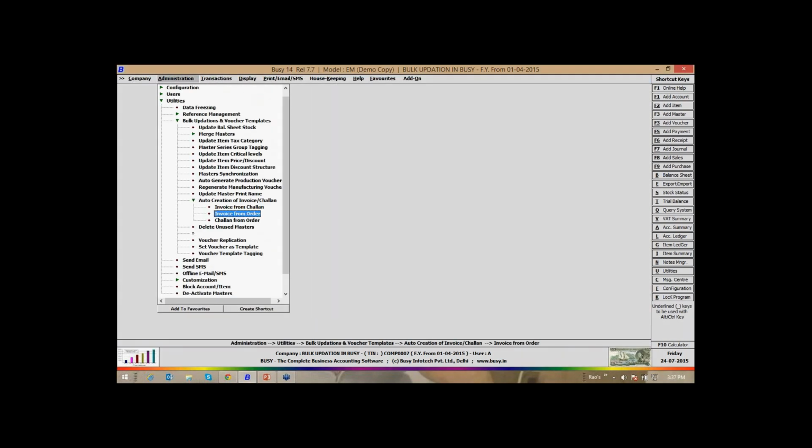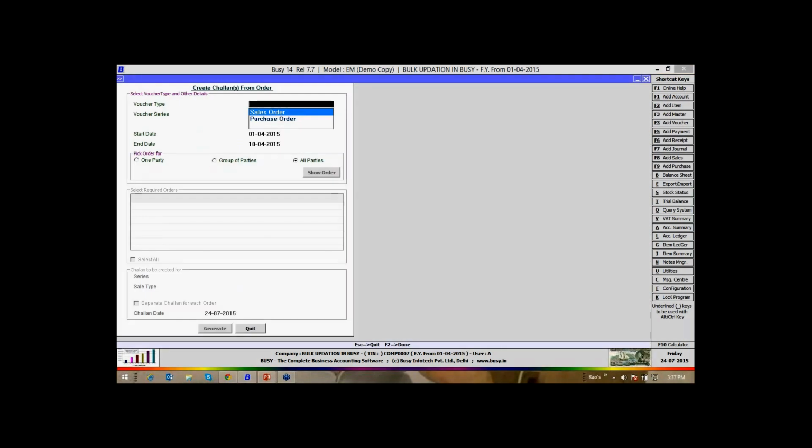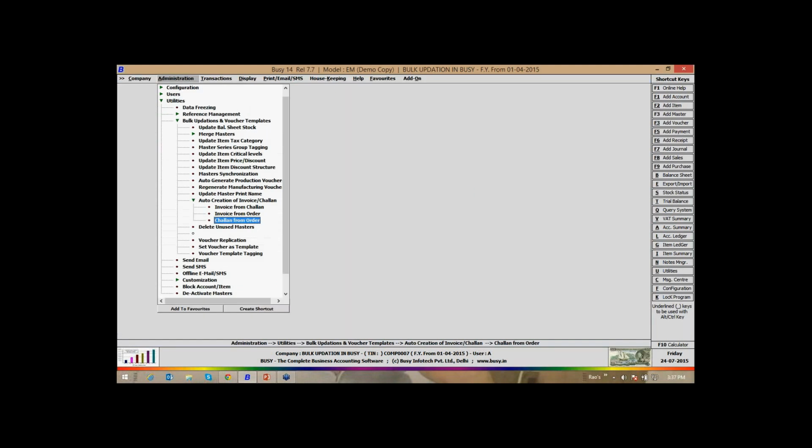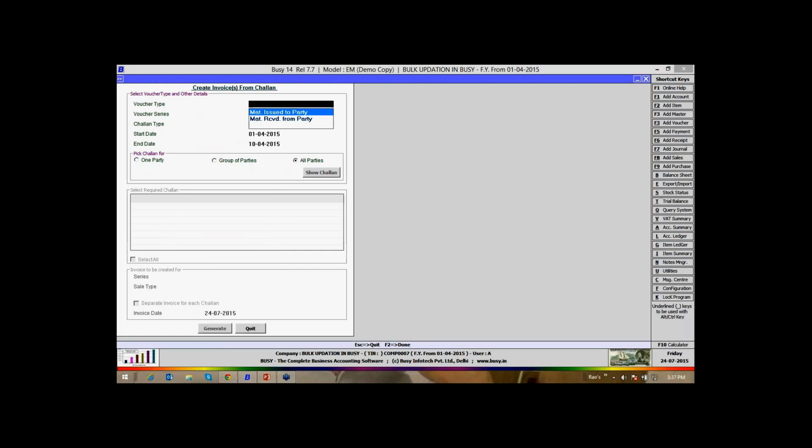Similarly, you can generate challan from order. The concept is same. You have to enable the challan. Everything is same. Similarly, if you have pending challan, see challan can be converted into invoice only. Challan cannot be converted into order. The process is that quotation to order, order to challan, challan to invoice. So order can be converted into higher hierarchy of the challan. Hierarchy of the transaction means challan and the invoice, and challan can be converted into the invoice. So the concept is exactly same, exactly same.